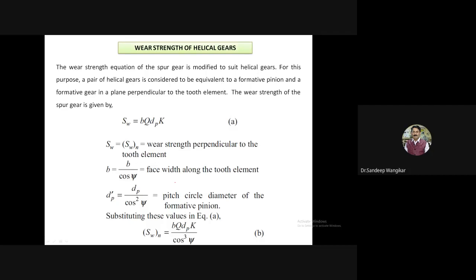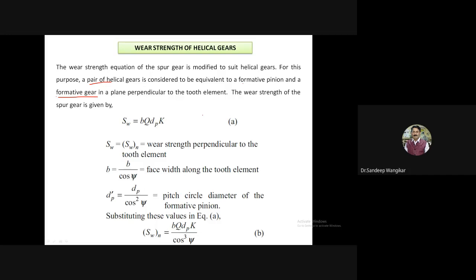The wear strength equation for spur gear is modified to suit helical gear. For this purpose, a pair of helical gears is considered to be equivalent to a formative pinion and formative gear, imaginary in a plane perpendicular to the tooth element. Just now what we have done for spur gears: the wear strength of spur gear is given by